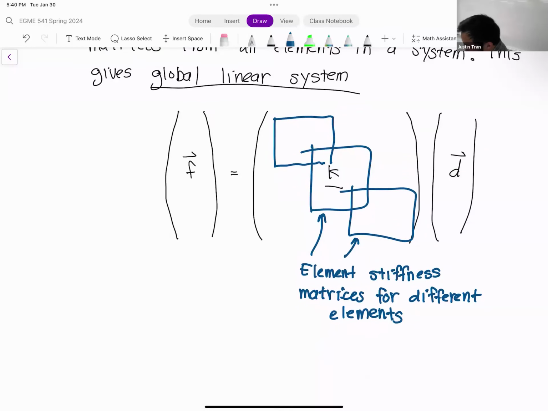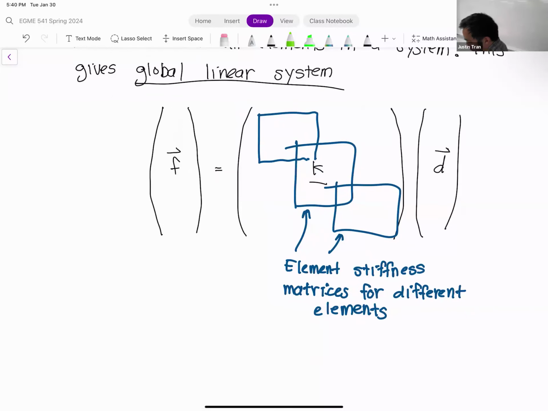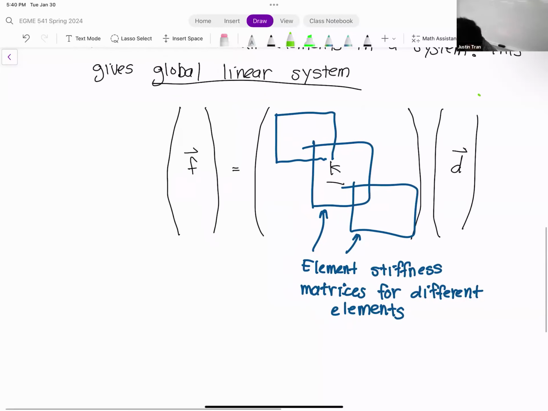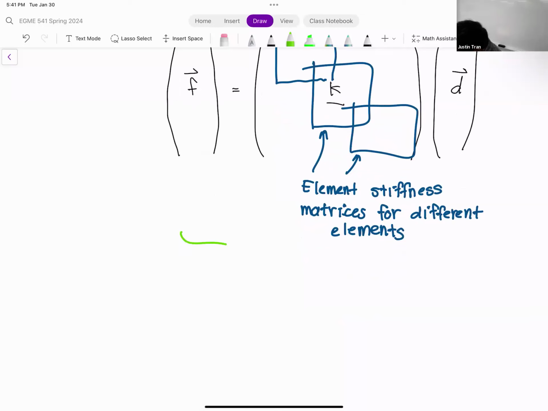Once you have the global linear system, it's a linear set of equations. Ideally, each row in this matrix represents one equation, and each entry in this vector right here is one of your solution variables. This is ultimately what you want to solve for. If you have a square set of equations, you have an equal number of equations and unknowns, and so ideally you'd be able to take this system and solve it,